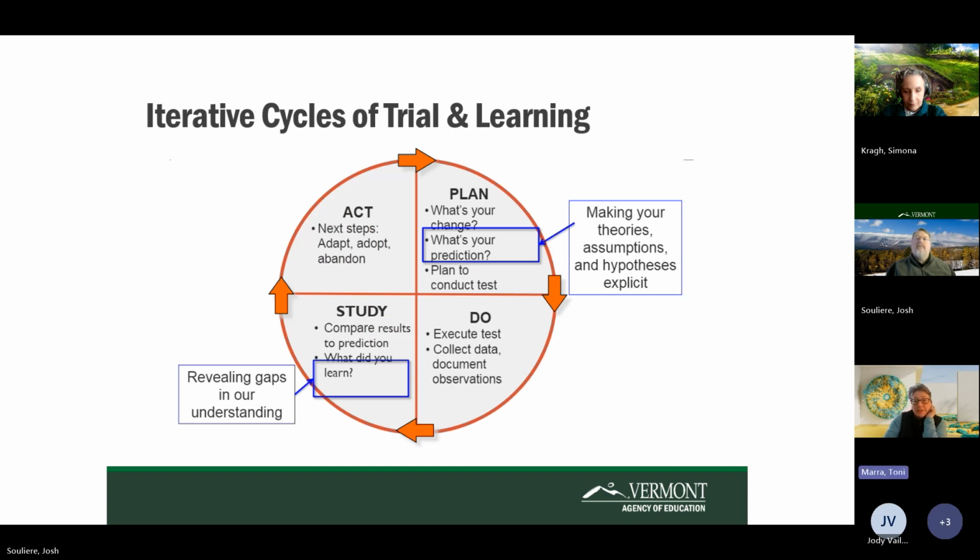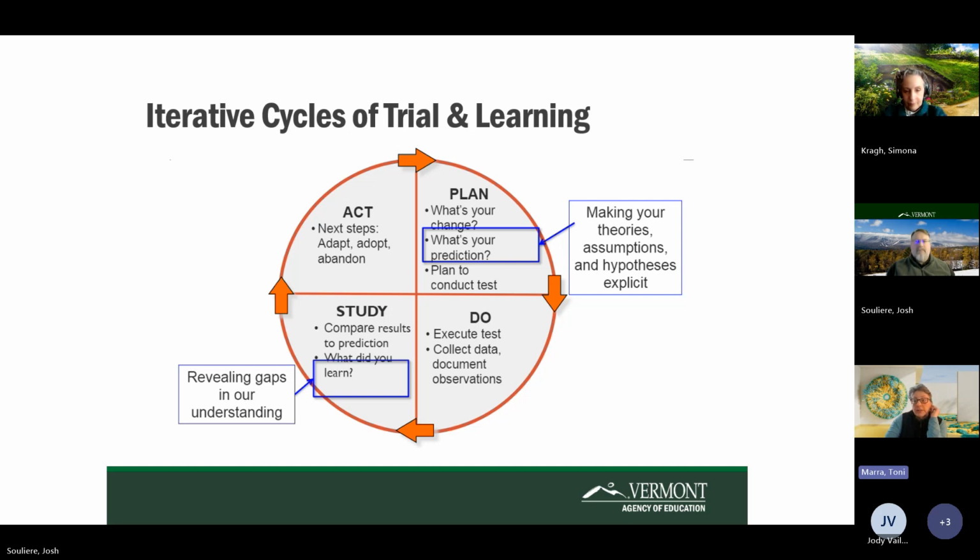During the planning phase of the PDSA cycle, it is important to make predictions about what you think will happen when the change is implemented. What do you expect to see in terms of teacher and student behavior, as well as any systems-related issues that may be impacted? During the do phase, you are implementing the change as intended and collecting relevant data and information